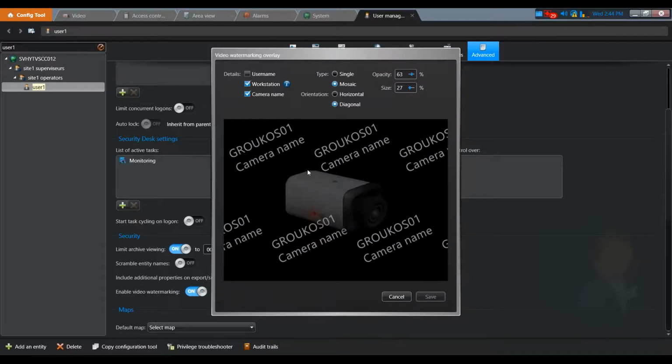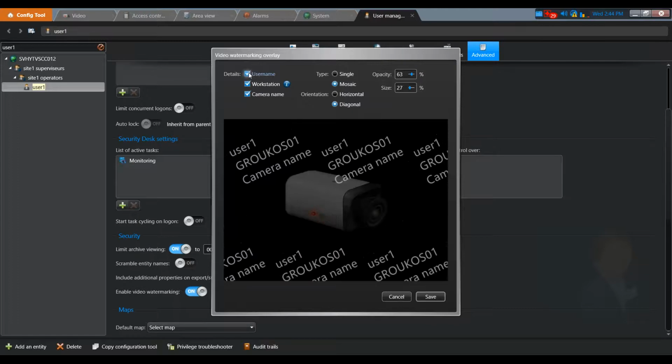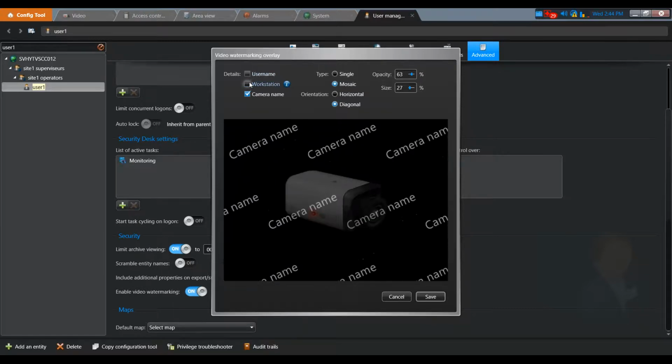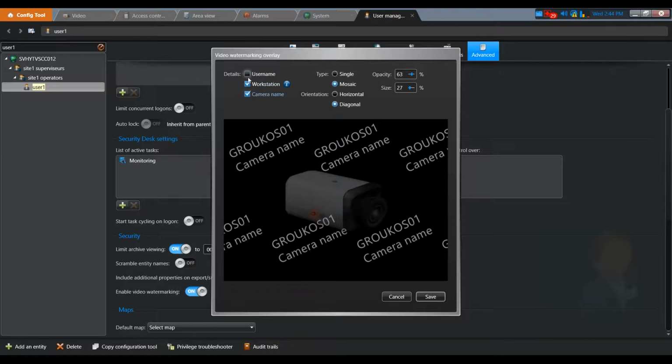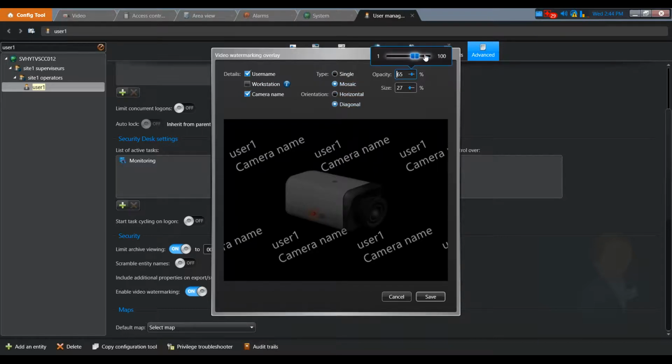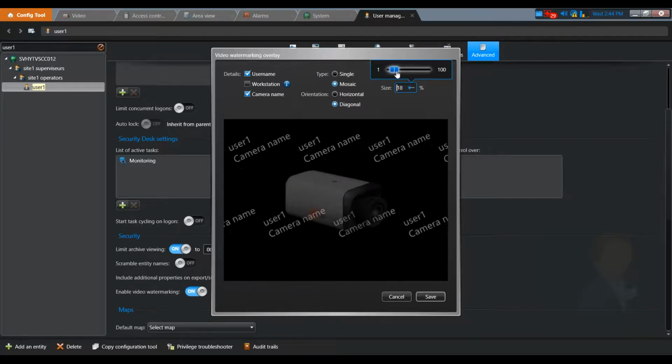You can include as an overlay on the view the username, user one, or the workstation, and the camera name. What this does is discourage users from leaking evidence, or if the evidence leaks, you're going to know where it came from. On top of the names, you can choose to have a single instance of it or a mosaic of it. And you can play with the opacity or the size. So once you do that,